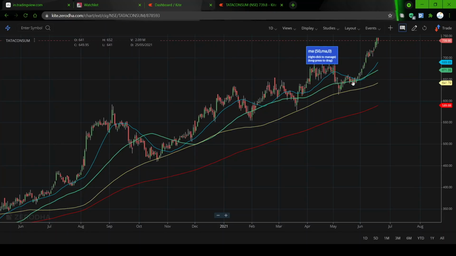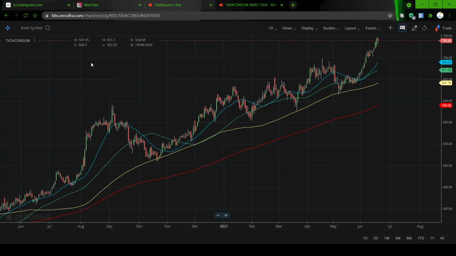Never take a position when it is really at the top. This is like an all-time high. Never take a position at the top for the covered call, because we also have a synthetic position, and that synthetic position might lose money. The covered call will definitely give money, but on the synthetic position you will lose heavily. That will be more than what you are earning in the covered call. Your net position will be at a loss. So not to take.